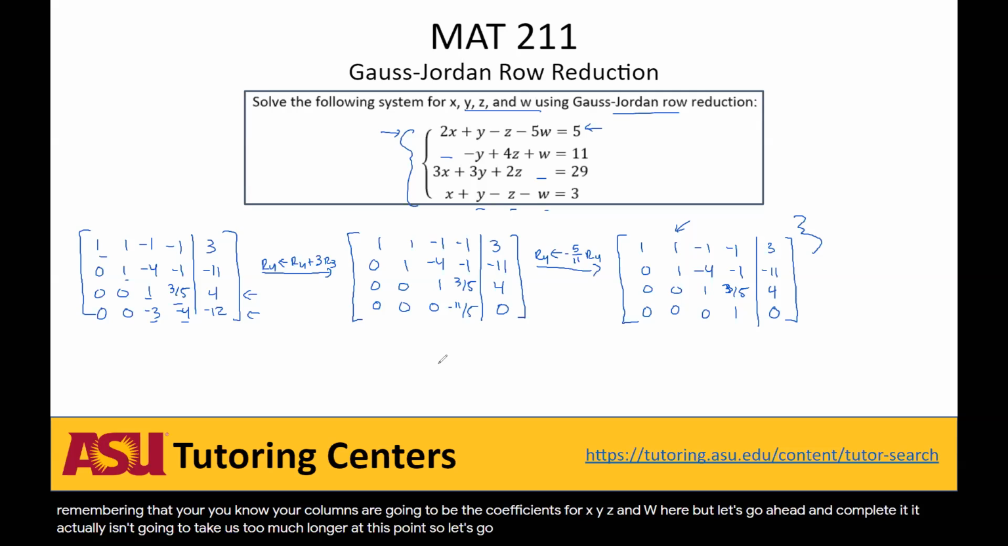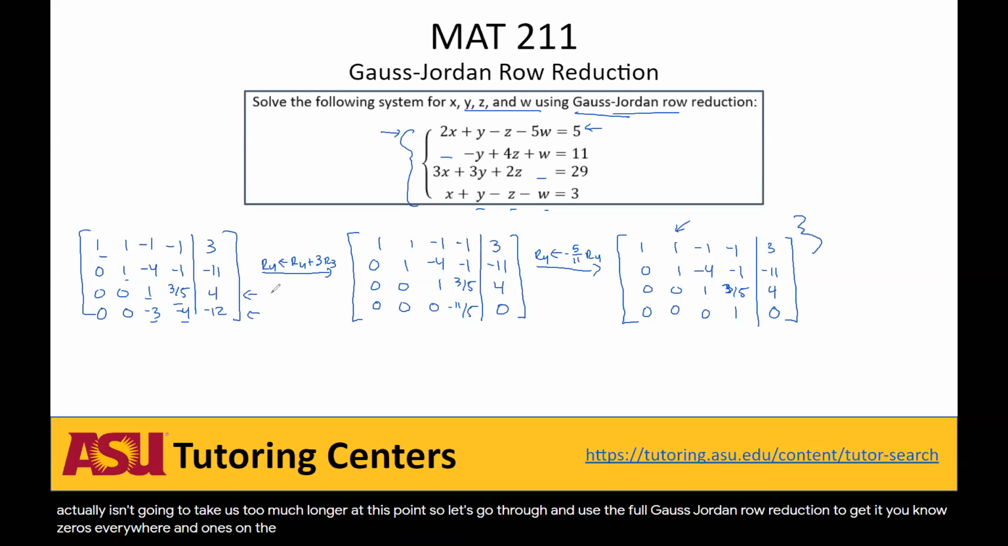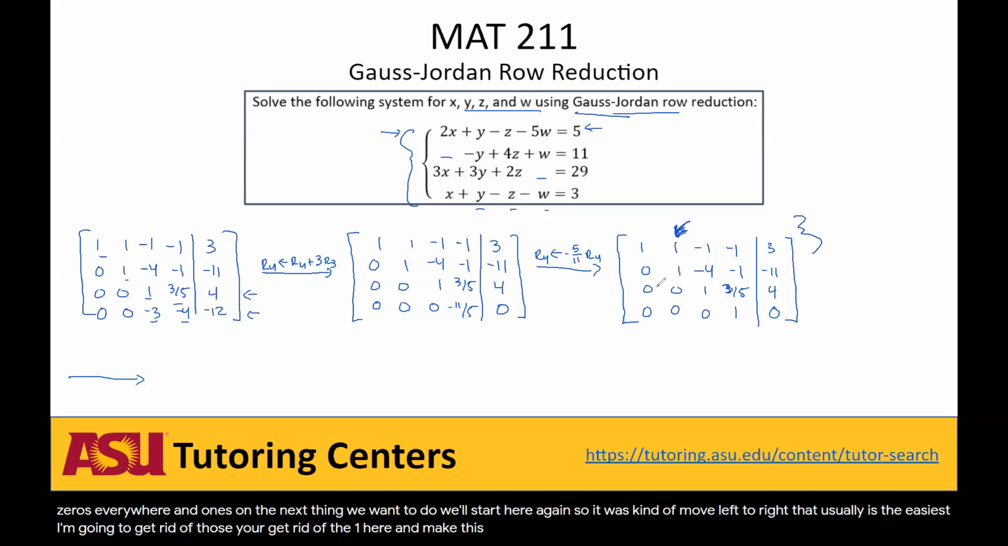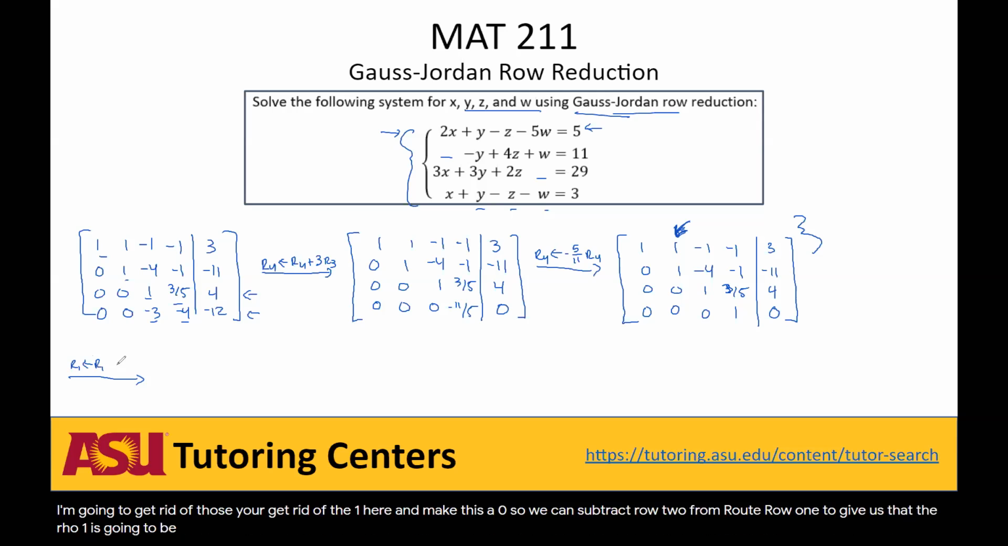So let's go through and use the full Gauss-Jordan row reduction to get zeros everywhere and 1s on the diagonal. So next thing we want to do, we'll start here again. We always move left to right. That usually is the easiest. And we're going to get rid of the 1 here and make this a 0. So we can subtract row 2 from row 1 to give us that. Row 1 is going to be row 1 minus row 2, and that will give us